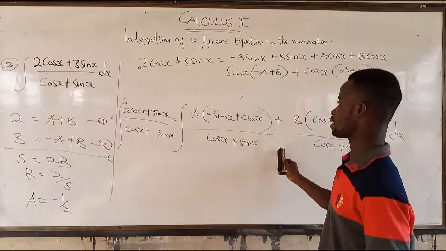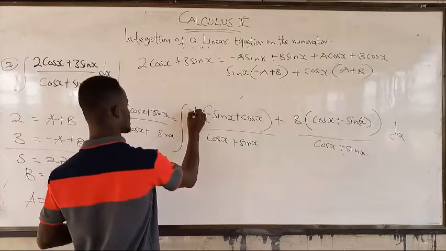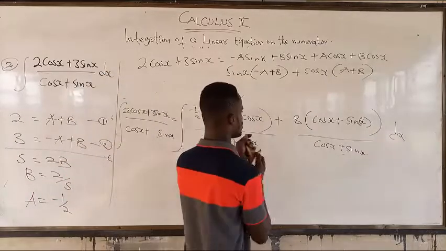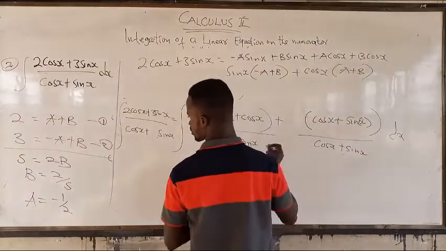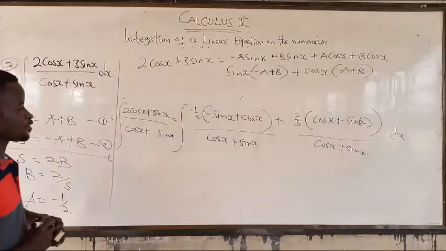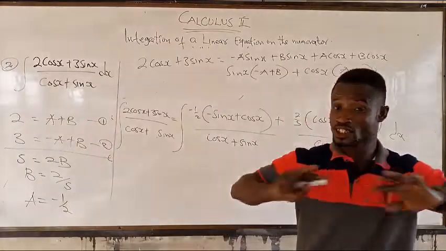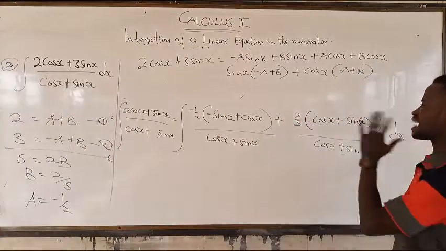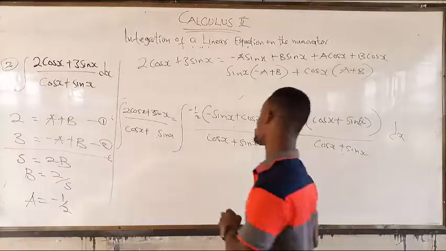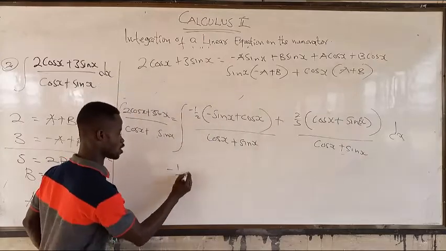Then we come back here. So wherever you see A, negative R. Wherever you see B, 2/5. Very good. Now that the A and the B is known, then the integration is just going to be easy. You know that this is a function and its derivative. So this is just